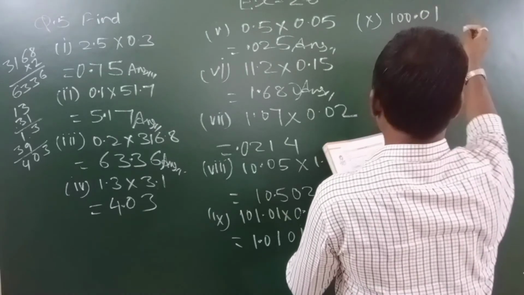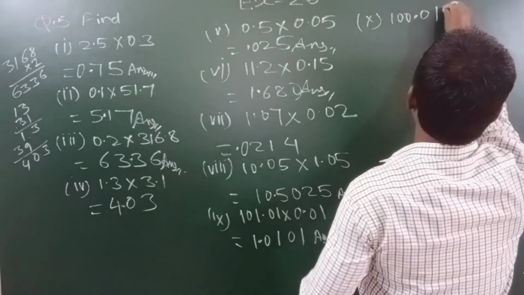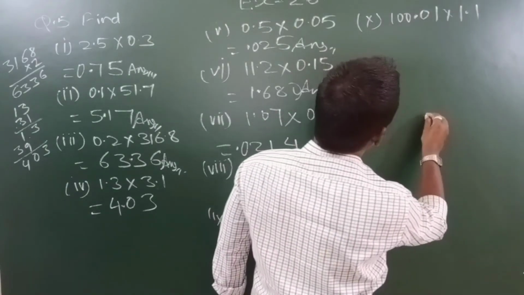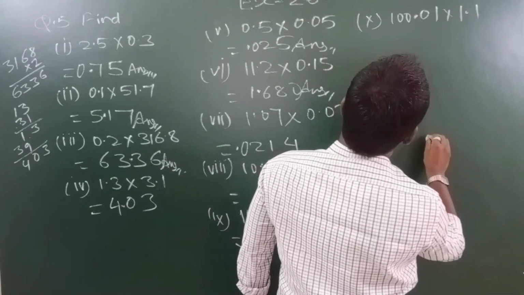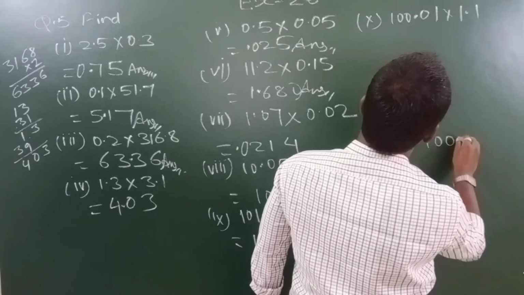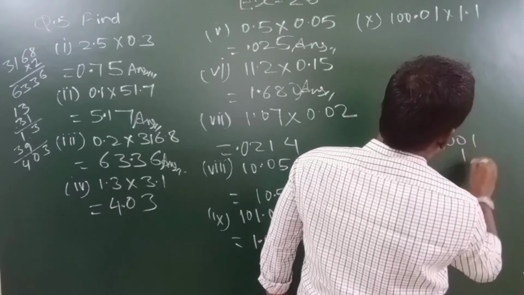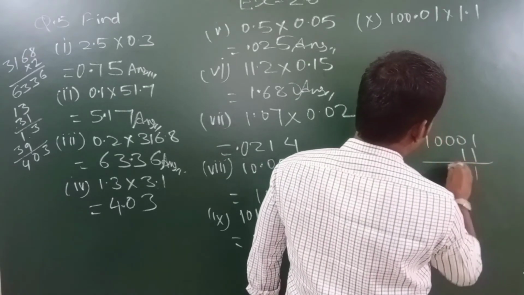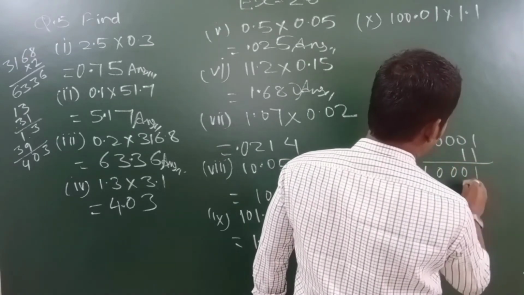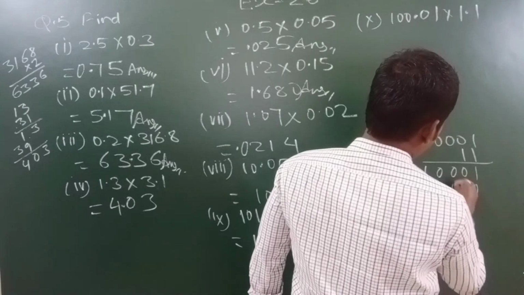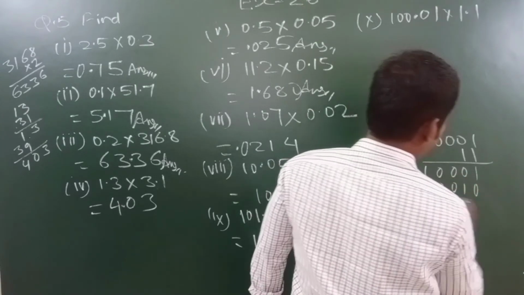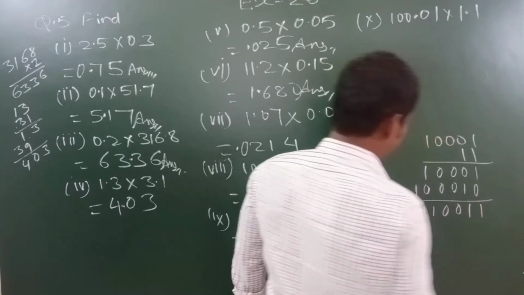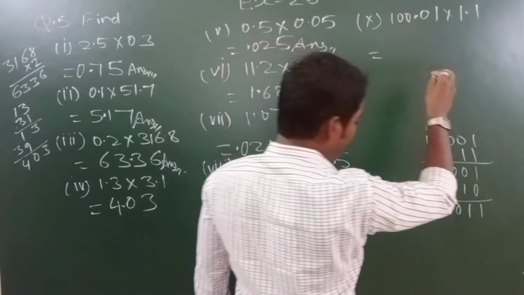so it is 100.01 into 1.1, okay, so I am going to multiply it here students, after forgetting its decimal it will become 10001 into 11, okay, so 1 1s are 1, 0 0 0 1, 1 1s are 1, 0 1, okay, 0 0 0 1, this much you will get, 1 1 0 0 1 1,